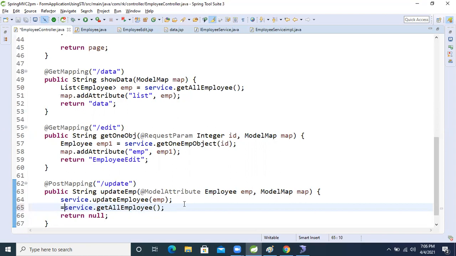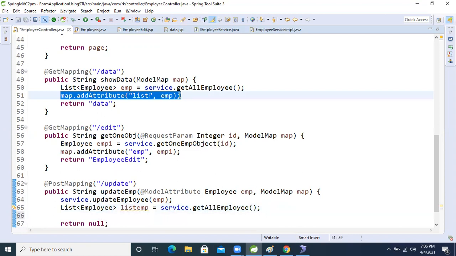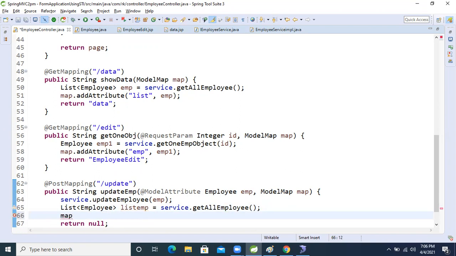This method will return a list of emp. The same thing we will do here. I will not copy, I will write it in front of you people. m dot